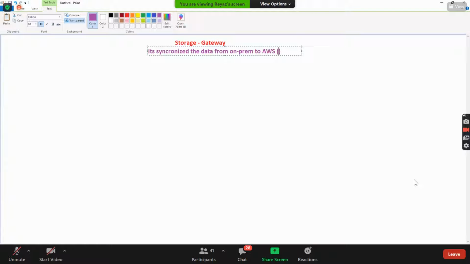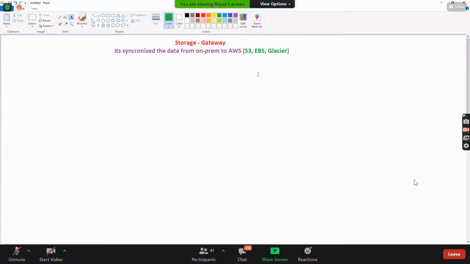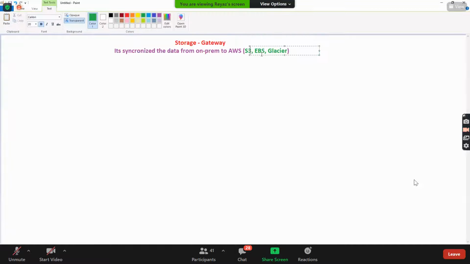Do you remember to which services it synchronizes the data? S3, EBS, and Glacier. These three services. The Storage Gateway will synchronize the data to S3, EBS, and Glacier. Let's see how.